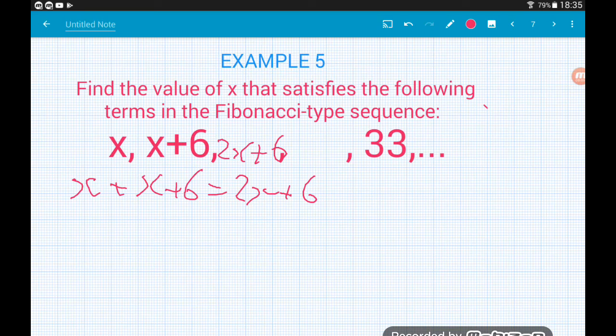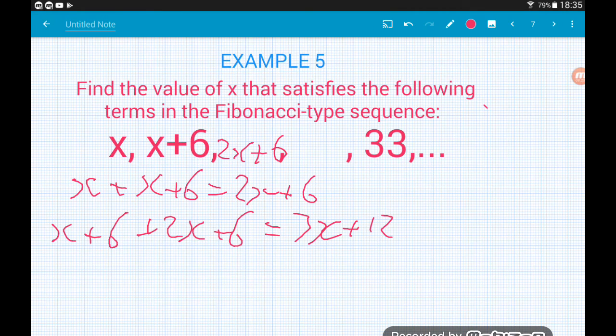Now to find our fourth term, we do x plus 6 plus 2x plus 6. And that will simplify to 3x add 12. Okay, so we know the fourth term then is 3x plus 12. And now we can finally get our equation in terms of x here. We know that the third term add the fourth term is equal to 33. So 2x add 6 add 3x add 12